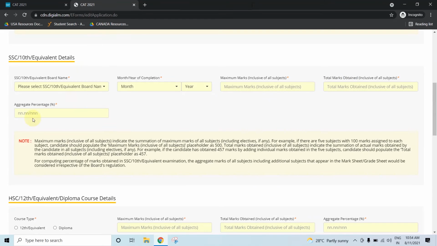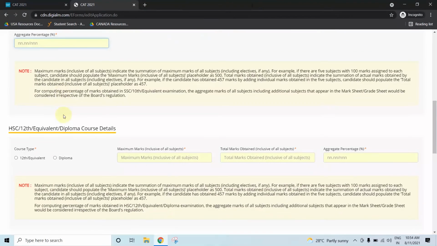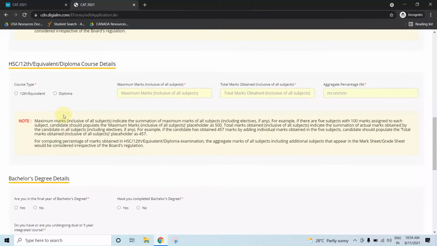And if you have your SSC scores in grade points or CGPA format, you can just confirm what your aggregate percentage is from the board that you have appeared for the SSC examination, or else if they do not provide any of such details because there is no particular calculation on that board, you can just basically convert your percentage like this. For example, if it is 8, your percentage will be 80, and if it is 9.5, it is 95%. So calculate on that basis and enter the appropriate details over there. Same goes for the 12th marks as well.